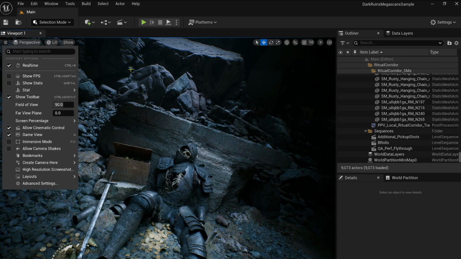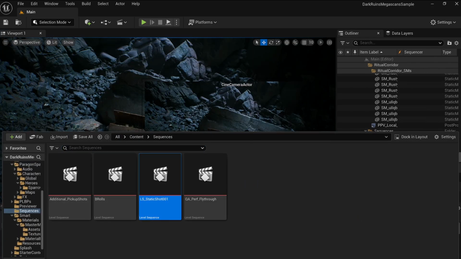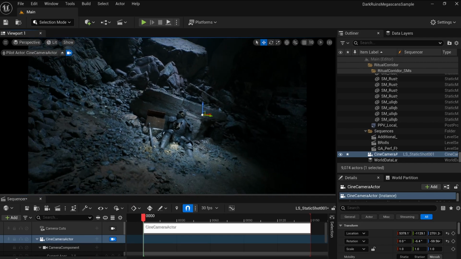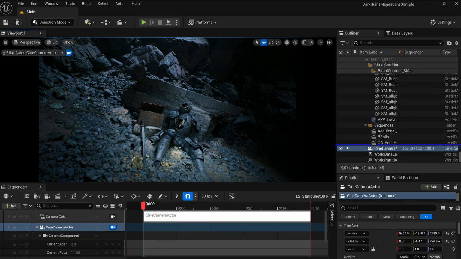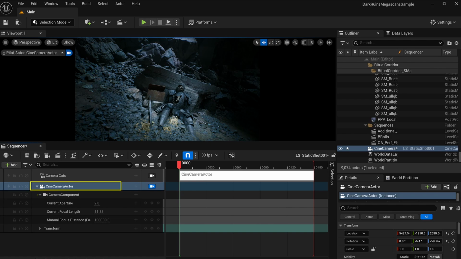So here's the context. You've got your scene or shot ready, and now you want to fine-tune your camera settings. We'll start with the static shot, then move on to an animated one. Here's our static shot with the cinematic camera actor. Once you add your camera to the sequencer, it will automatically set up default parameters for you to tweak, as well as your camera track. This track is crucial to render what your camera captures, don't forget it.